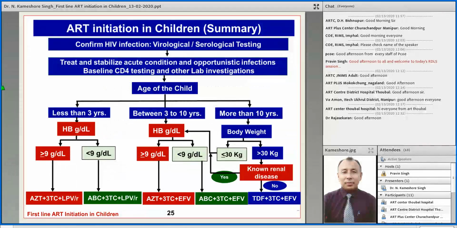So let us summarize ART initiation in children. The first thing is confirmation of the HIV infection, virological and serological testing according to the age. Then we treat and stabilize acute conditions, acute infections and opportunistic infections. Baseline CD4 testing is to be done and other lab investigations required as mentioned already. Then we see the age of the children. If the child is less than 3 years,